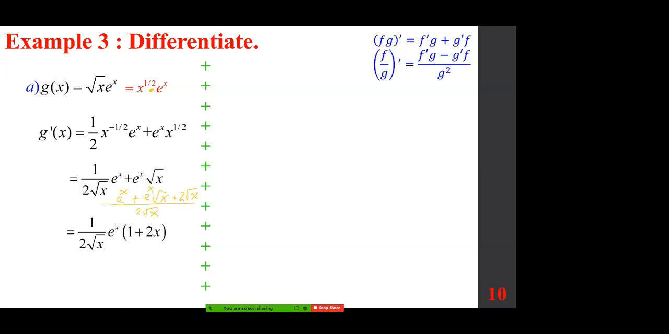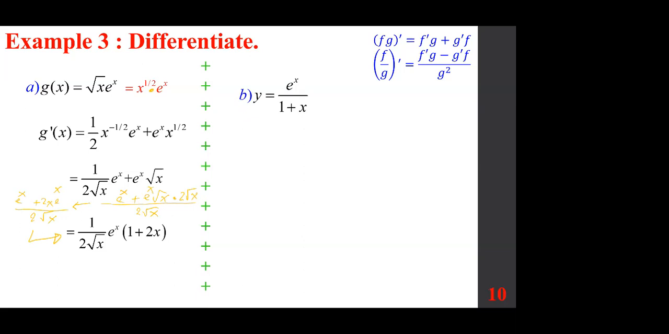So this is e to the power of x plus 2x e to the power of x over 2 square root of x. And I hope you realize you can rewrite it in this manner. Okay, it's just a couple of steps of algebra involved. All right, let's do